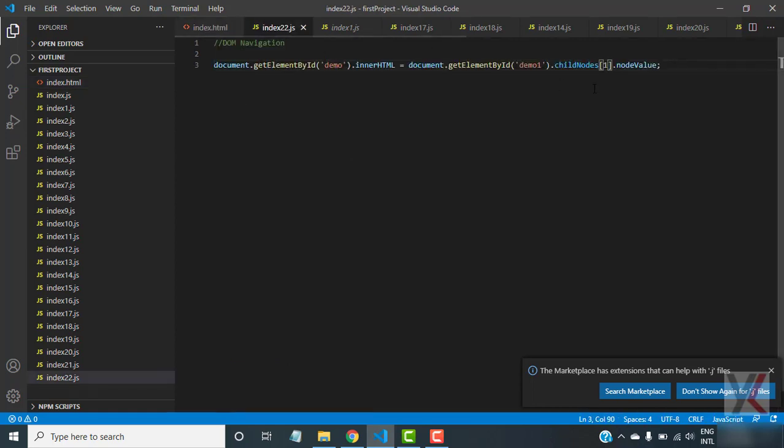What we'll do is simply change the index number over here. Now it will target. So we can write firstChild like this, or we can write childNodes[0] like this. You can apply both methods, both are the same thing. This childNodes[0] also targets the first child, and this firstChild keyword also targets the first child. Now when we save it,